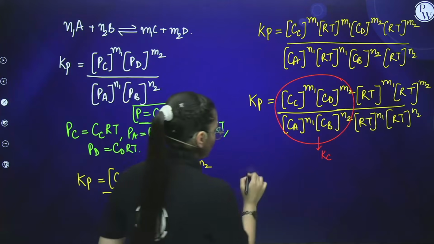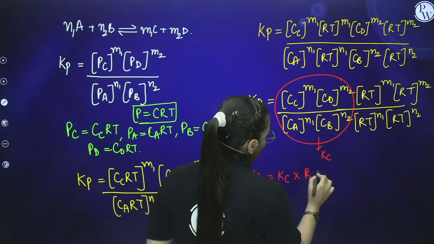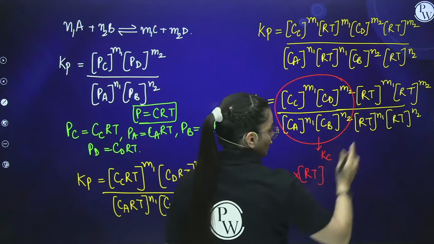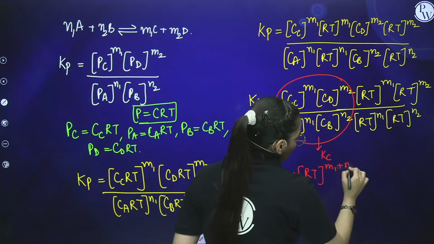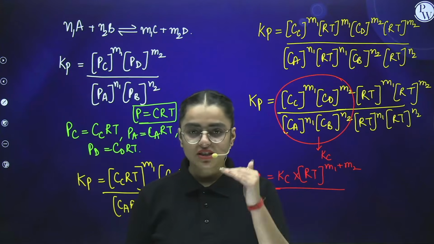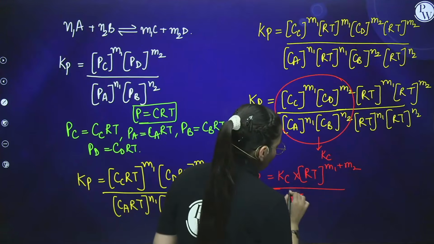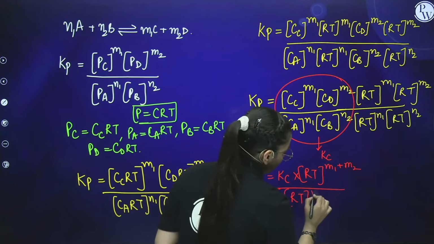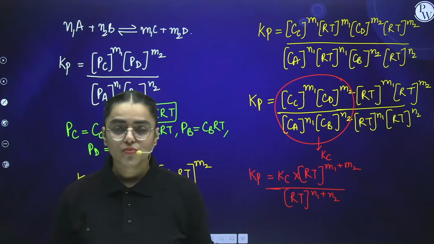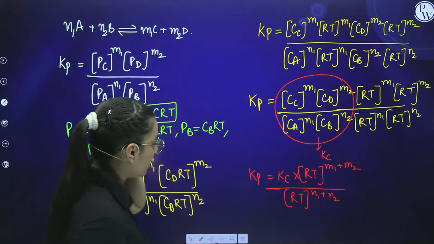So we are going to replace what we are getting over here. Kp is equal to Kc into RT. Now, when something is multiplied, the powers get added when the base is same. So it is going to be M1 plus M2. This is the basic maths. When something is in multiply, the powers get added. When something is in divide, the powers get subtracted. So here below we are going to get RT. Now they are in multiply, N1, N2, so it will be N1 plus N2. As I told you, when something is in multiply, it gets added, but when something is in divide, it gets subtracted. So since it is in divide, it will move in the upward direction.